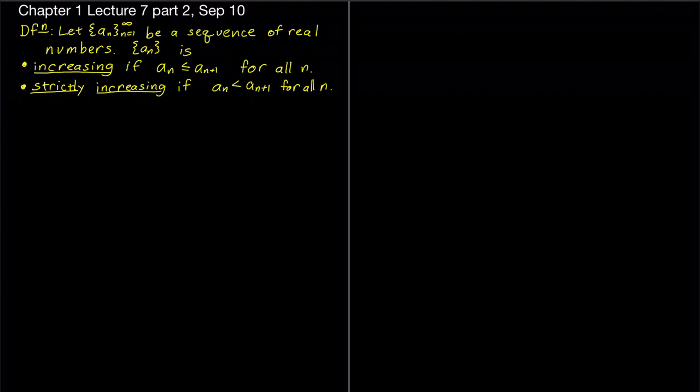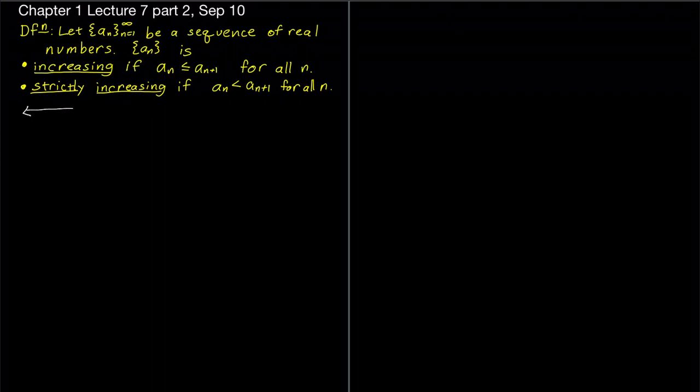Some books use increasing for what we're calling strictly increasing, and then they use non-decreasing to mean what we call increasing. That usage is a little bit more precise, but it's also a little bit more confusing because it's got the word decrease in it to talk about a sequence that's staying the same or getting bigger. It's a non-decreasing, the opposite of decreasing. It's easy to miss the non. So this is our definition,